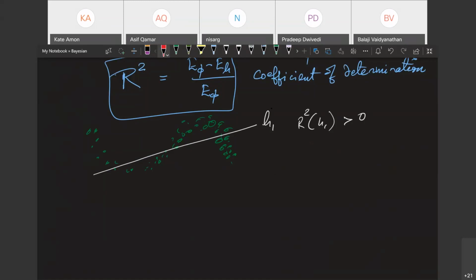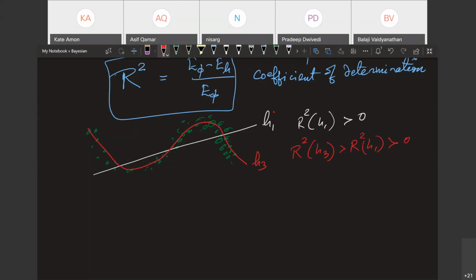Or perhaps somebody can come and draw a third degree polynomial hypothesis. Two bends means third degree, right? So let me call this H3. What you will find is that R squared of H3 is greater than R squared of H1, which is greater than 0, right?